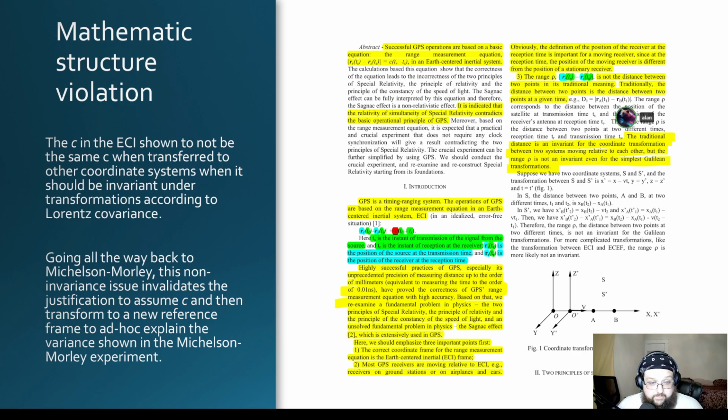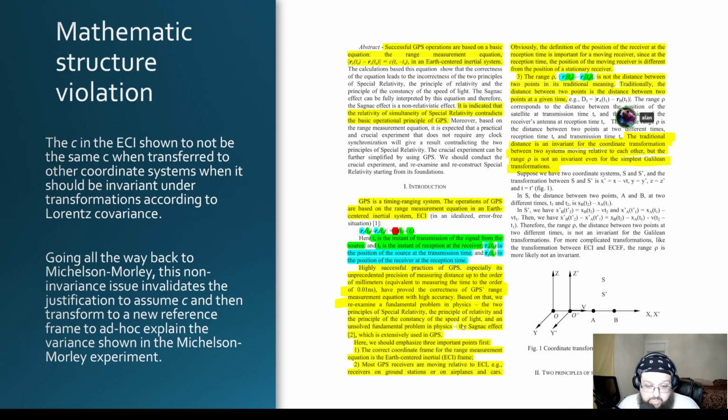So we have R sub R times T sub R minus R sub S times T sub S, and this is the coordinate system location of the transmission time, and then the coordinate system of the reception time, and then this absolute value is equal to C times the transmission time minus the reception time. Multiply those, and you get plus or minus C, and that's what they're going to use to derive the accurate distance using the range measurement equation. So now that I've explained what that is,